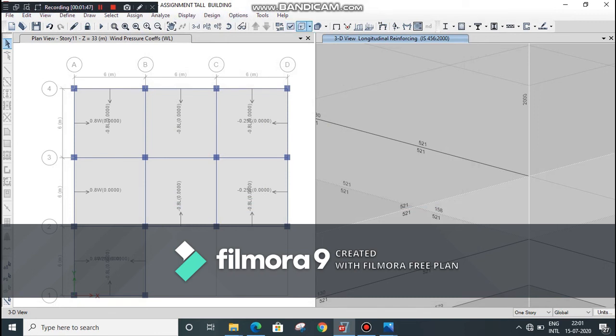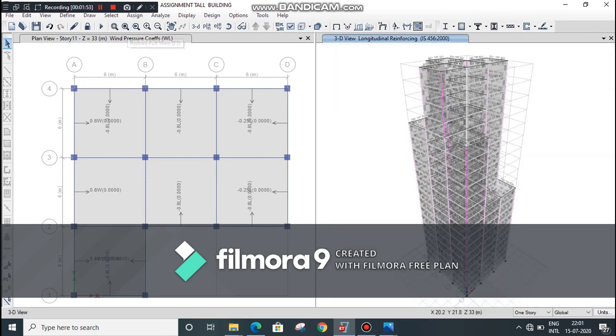There is an option called extruded view toggle. Click on this button, extruded view toggle.